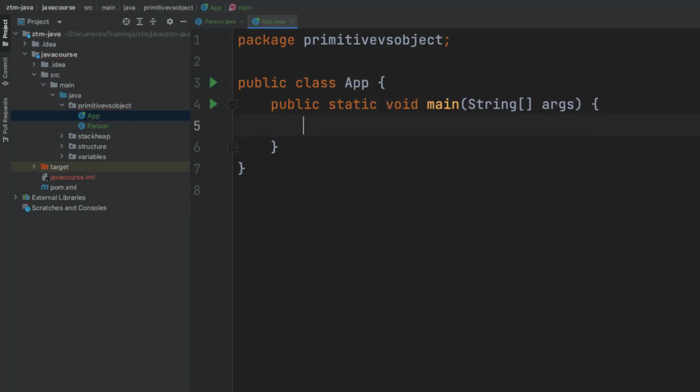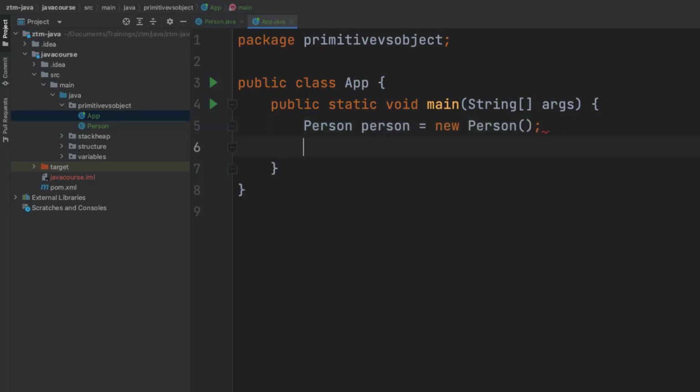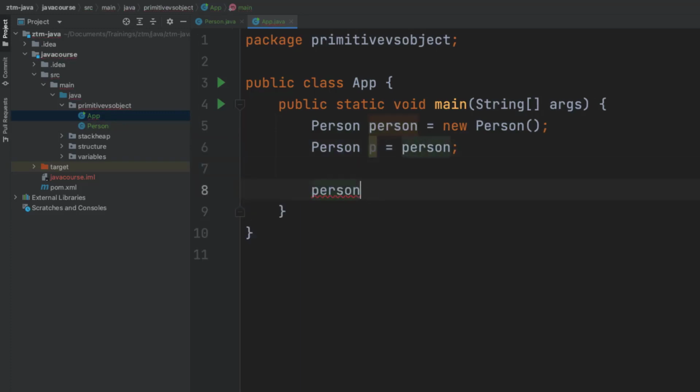And in my main method, I'm going to create a person object. And I'm going to create another value holding this very same object. So I'm going to say p equals person. And now when I say person.name equals, and I'm going to say Maaike,